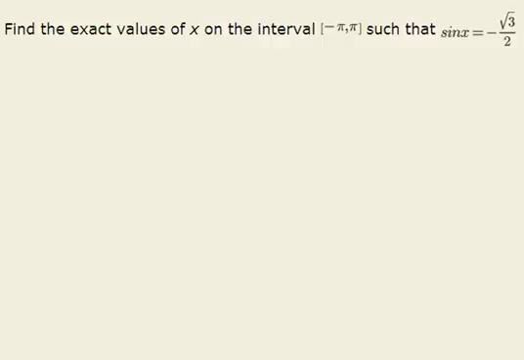In this problem, we are asked to find the exact values of x on the interval from negative pi to pi such that the sine of that angle, x, is equal to the opposite of the square root of 3 over 2. Looking at our unit circle, we would know that the sine of an angle